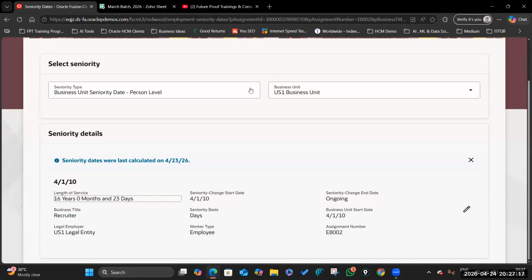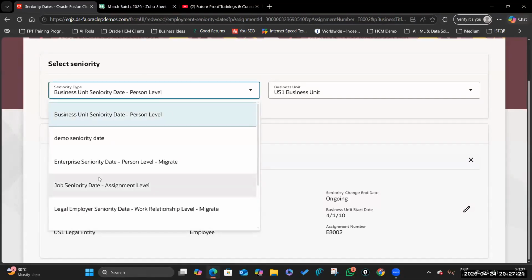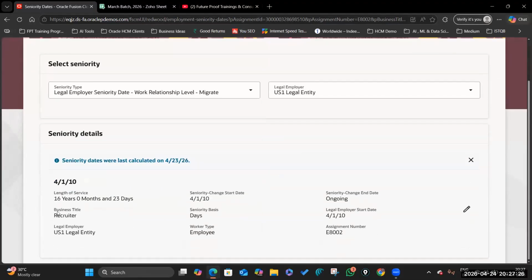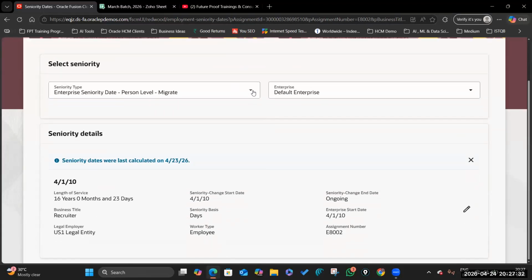This is the total length of service or seniority date. So legal employer seniority date is also 16 years. Enterprise seniority date is also 16 years. So now what I'm going to do,